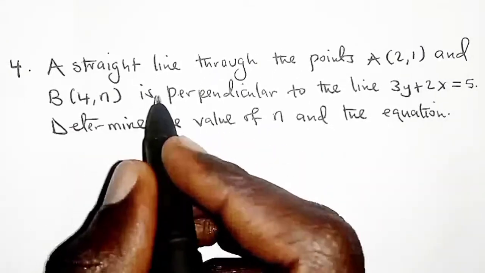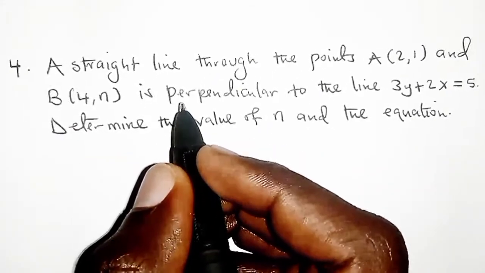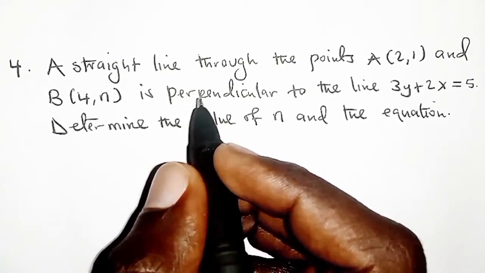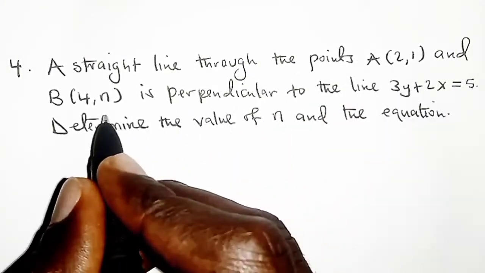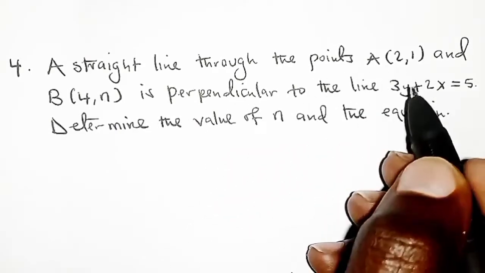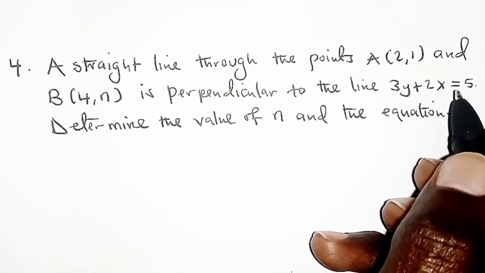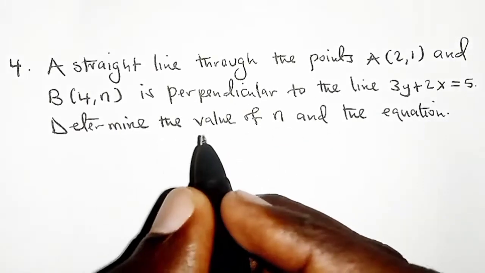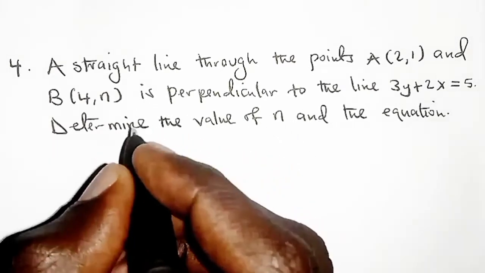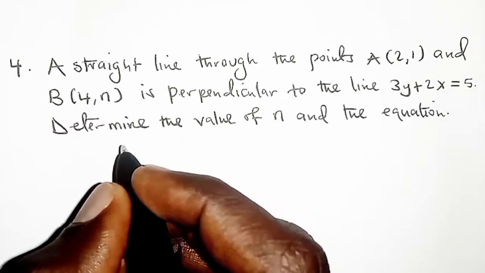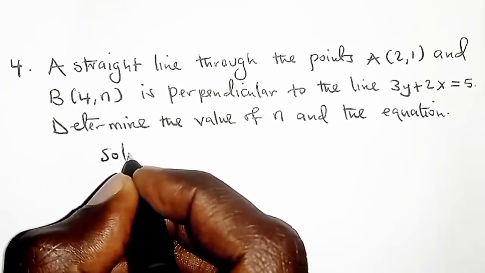This is question 4 today. A straight line through the points A(2, 1) and B(4, n) is perpendicular to the line 3y + 2x = 5. Determine the value of n and the equation of the line. So the solution to this,